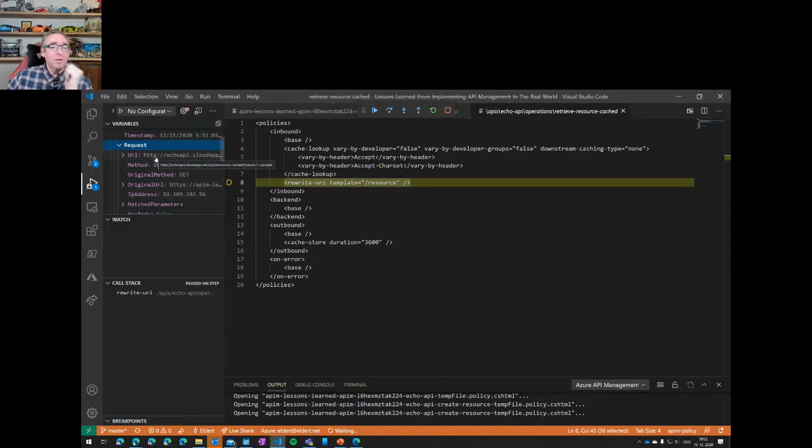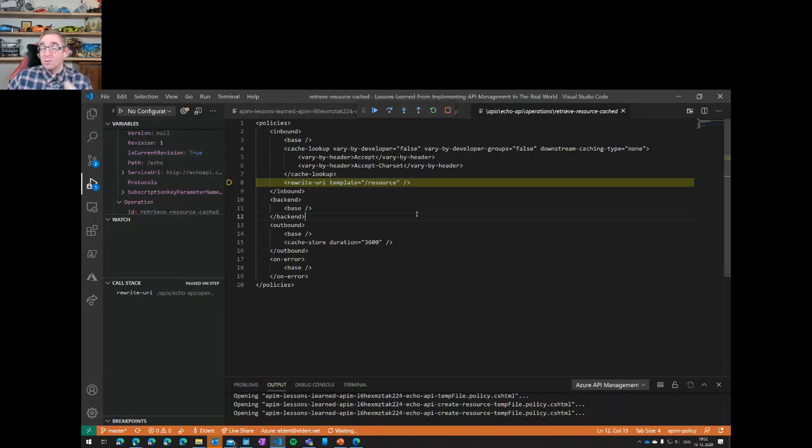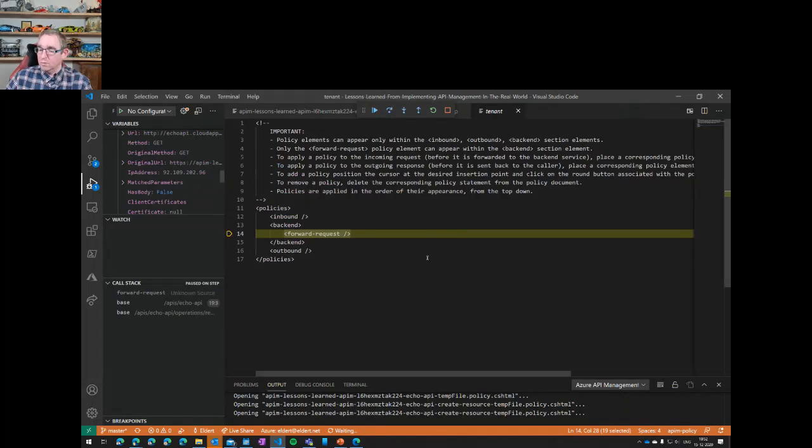Like, I want to know what's in my request. So I can see there was a request URL, it was a GET method. I can see the parameters that were matched, all these kinds of things. I can step through this and see what's actually going on in my API. I can look in the operation, and in the API itself. I can get all this information that's happening with API Management, and this makes it much easier to figure out what's going wrong if something does not work with my API.